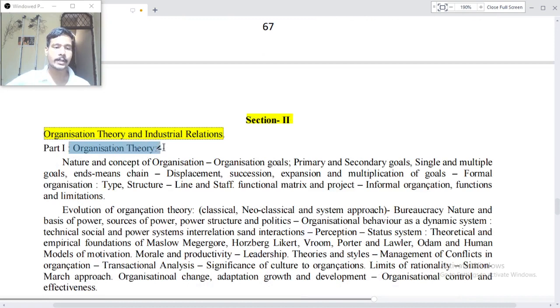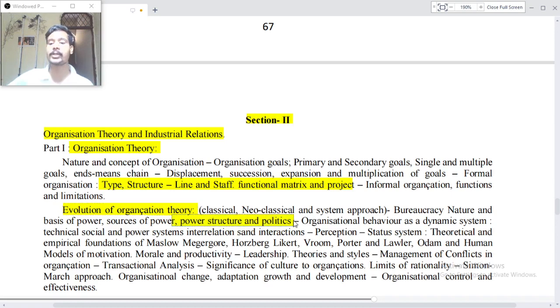Part 1, organization theory. Nature and concept of organization. Organization goals, primary and secondary goals, single and multiple goals, elements, change, displacement, succession, expansion and multiplication of goals, formal organization type and structure, linear, staff function, matrix, and project, informal organization functions and limitations. Evolution of organization theory, classical, neoclassical, and system approach, bureaucracy, nature and basis of power, sources of power, power